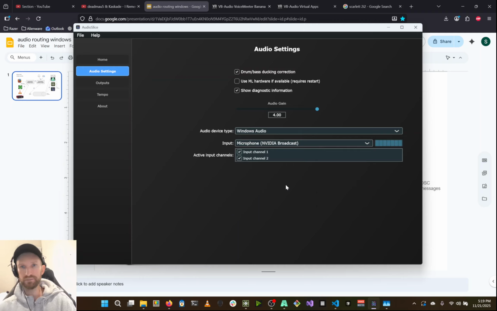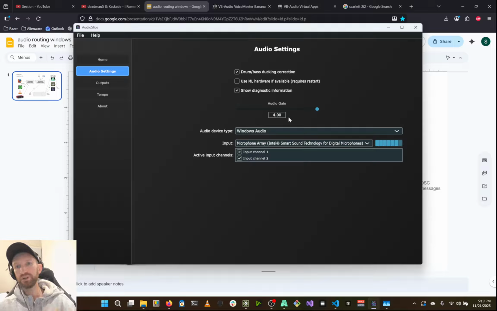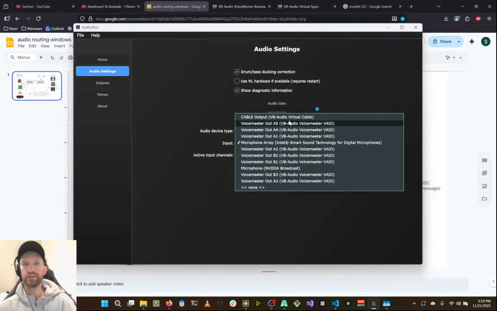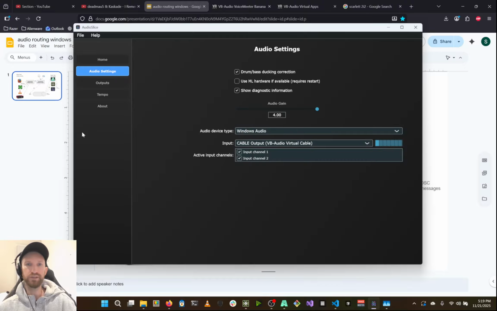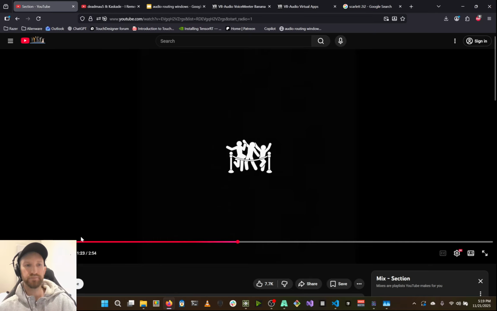Well, let's say we didn't. Let's say we actually had it as the microphone, which you can do, and you can see the sound levels here. But again, at a gig, I would not recommend this. The audio splitting neural network works a lot better if you have the clean audio. So in this case, we select cable output. And if we play this again,